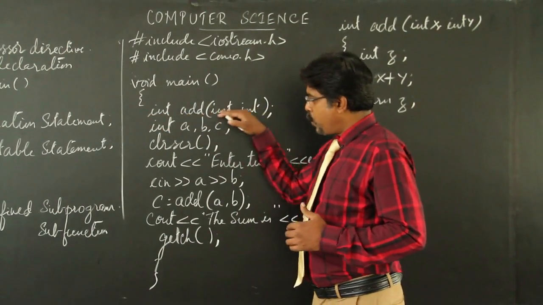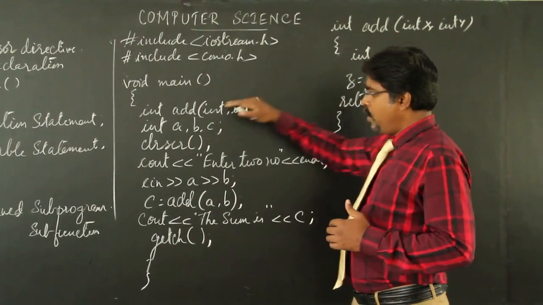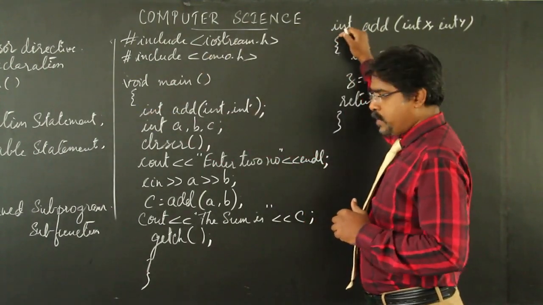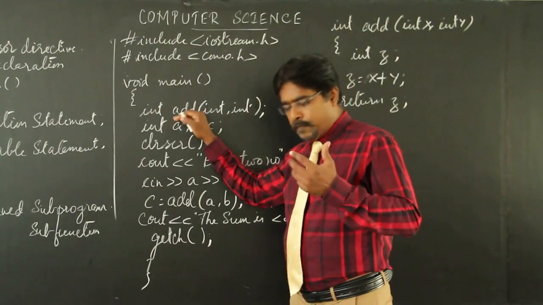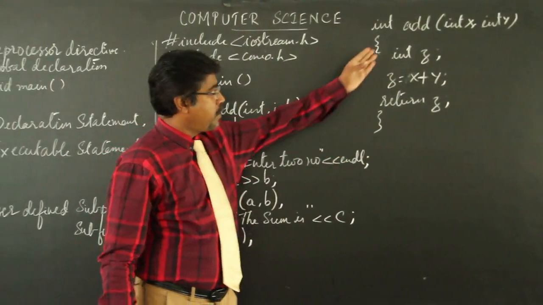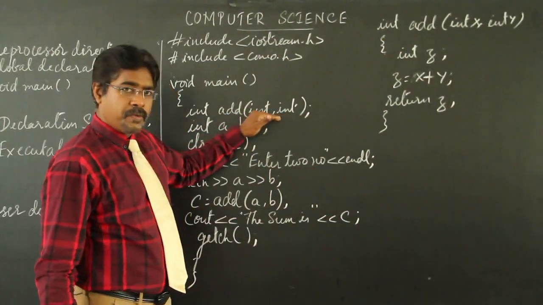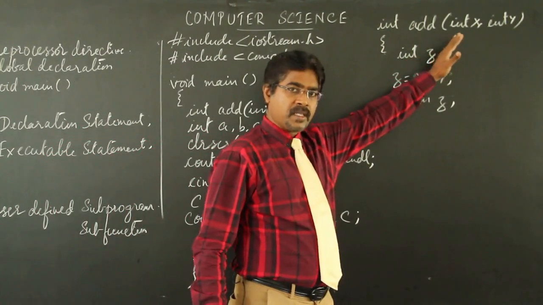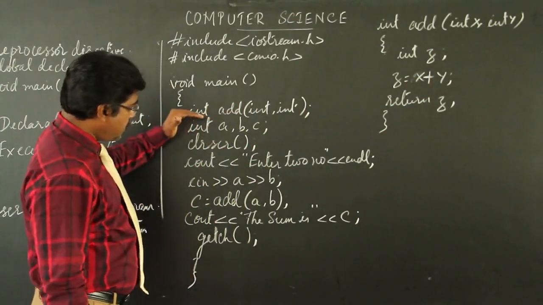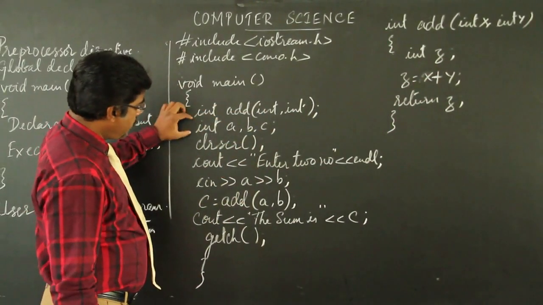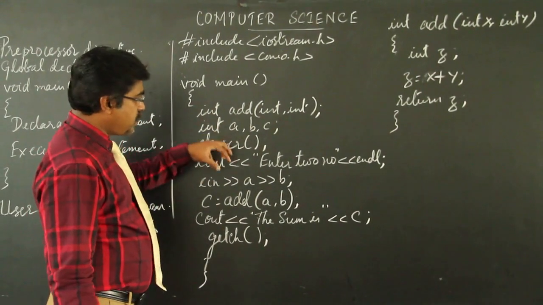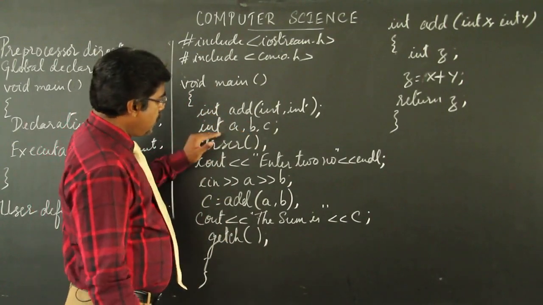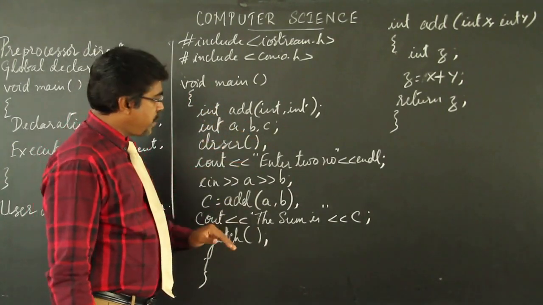If you see the function prototype as well as the function header, both resemble each other. We have the return type specifier, here also the return type specifier. We have add, that is the function name, and there too you find the function name. Here the two arguments we are going to establish, here too we have the two arguments, int x and int y. Focusing on the declaration part, we have three variables. So for our discussion, we will move on to this A, B, C. A takes 2 bytes, B takes 2 bytes, C takes 2 bytes.